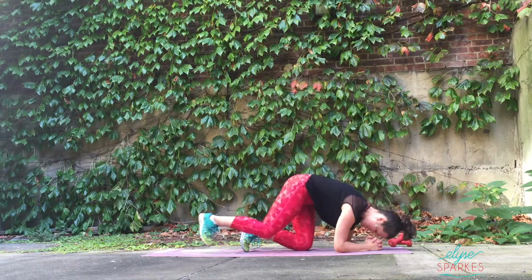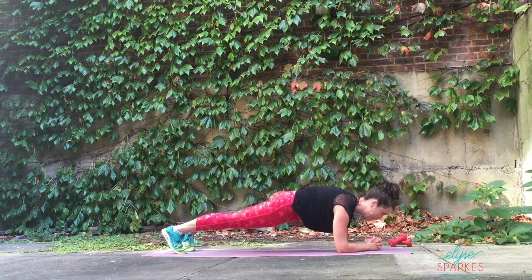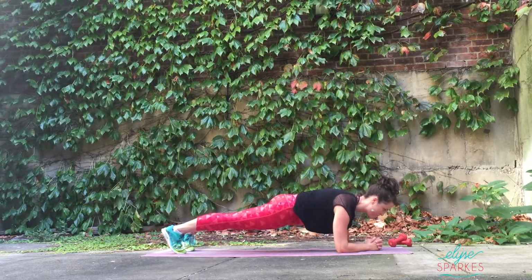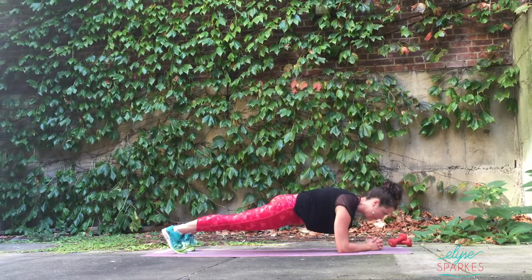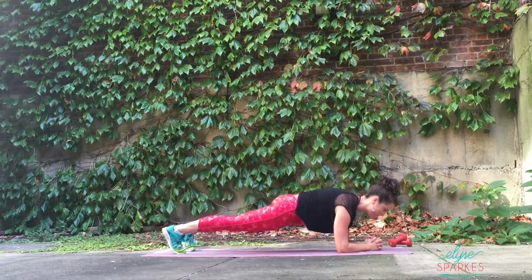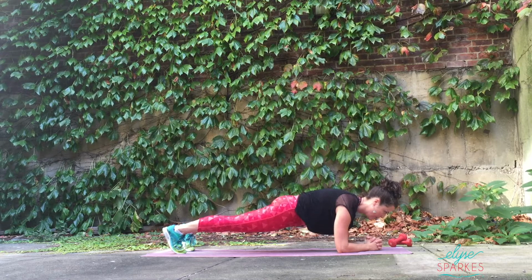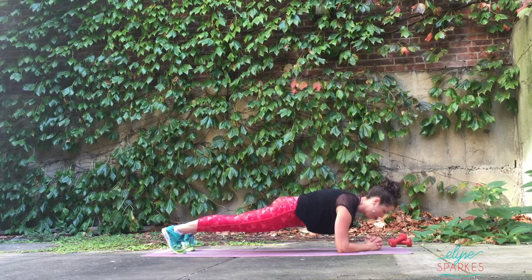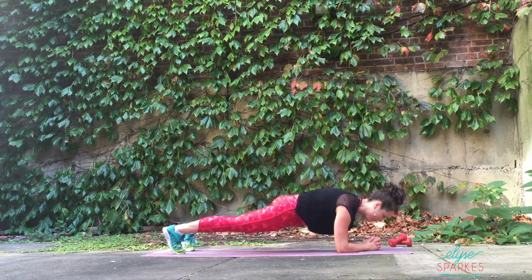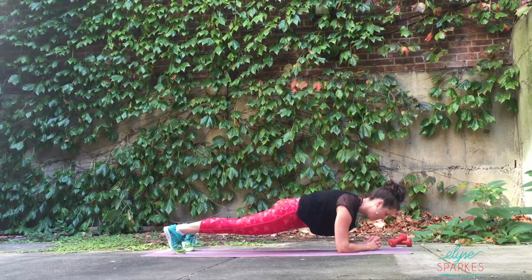You're going to come down into a forearm plank and just hold it. So this can be from your knees or from your toes, shoulders right over your elbows. One straight line either from your head to your knees if you're on your knees, or head to your heels if you're on your toes. Feel like your legs are strong, your chest is broad, you're breathing through it, and you're feeling your whole abdominal wall, whole front side of your body drawing up and in to keep your center engaged and strong